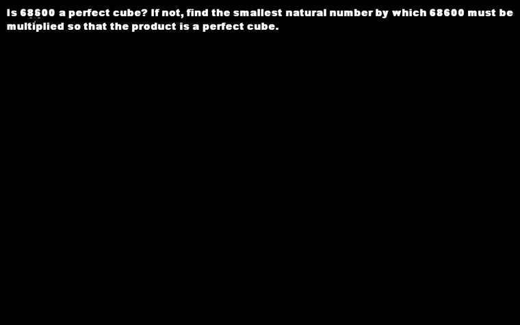Here we have, is 68,600 a perfect cube? If not, find the smallest natural number by which 68,600 must be multiplied so that the product is a perfect cube. Same question, only we have a different number here. So this is 68,600,